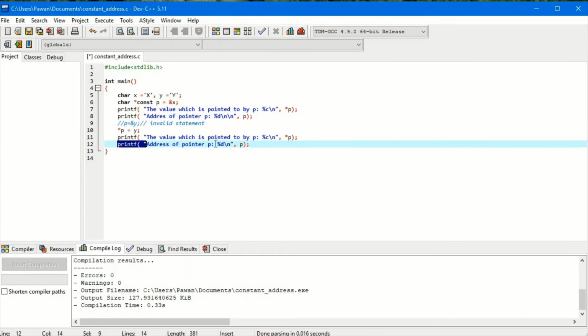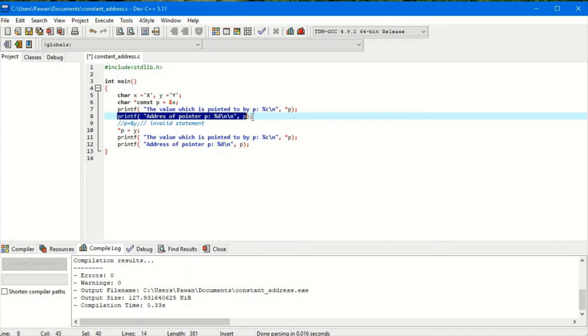Definitely we will get the same thing, because the address is not changed at all, only the value is changed. So in the first statement we will get x, then the address of p, some garbage address, and again the value of asterisk p is y, and again the garbage address, but these two addresses will be the same, because this is the address of x which is p.